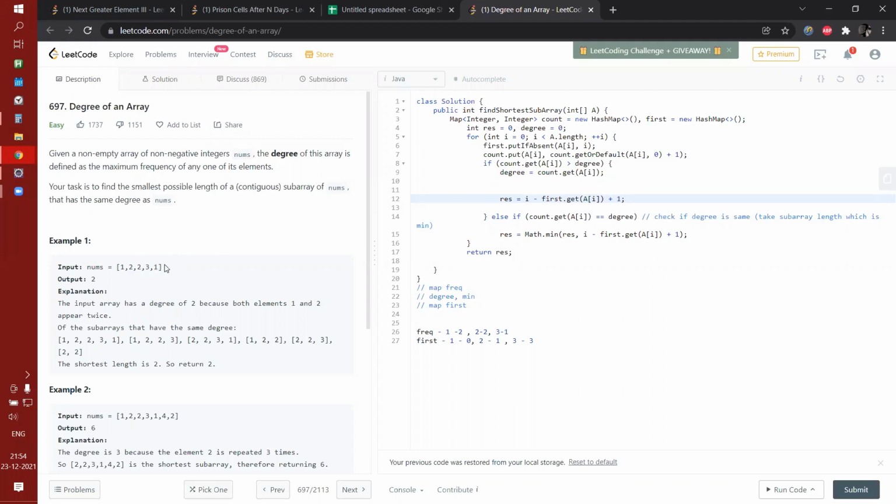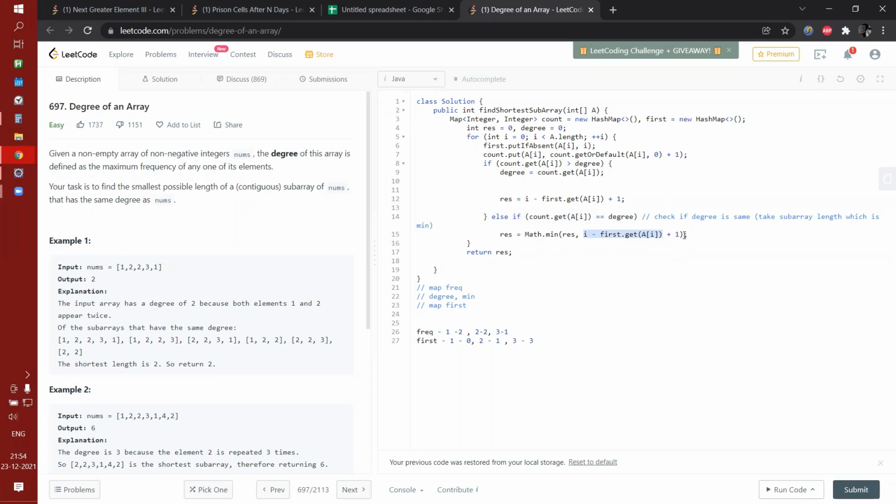When you go to the 1, your else condition will work. Since the degree is equal, you will calculate the minimum one. So i minus first.get(a[i]) plus 1. Here i is 4, right? 4 minus a[i], 4 minus 0, plus 1.